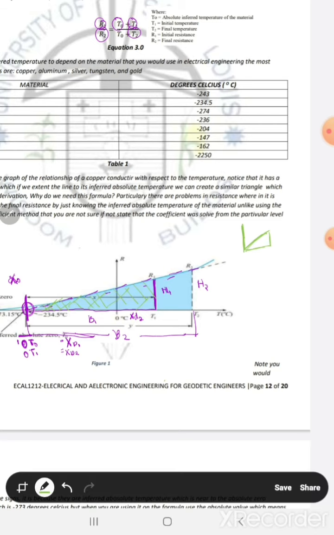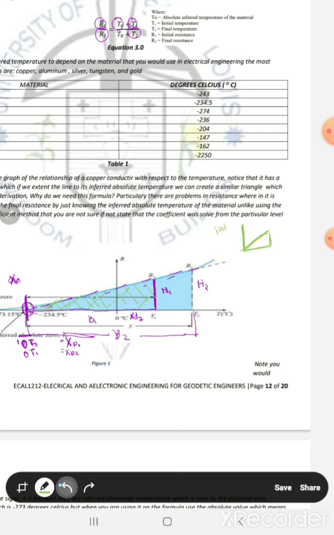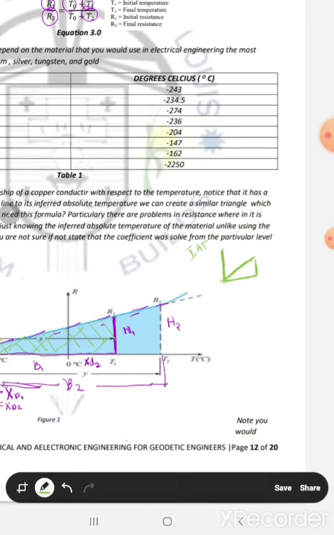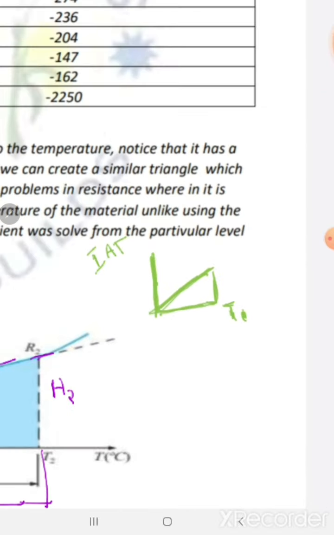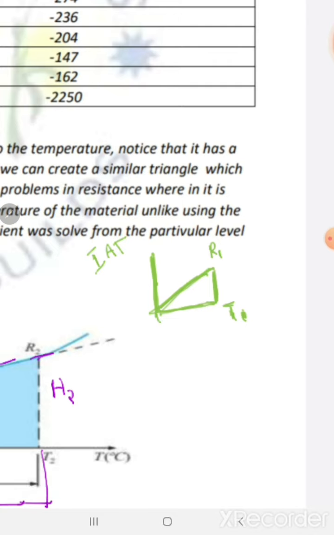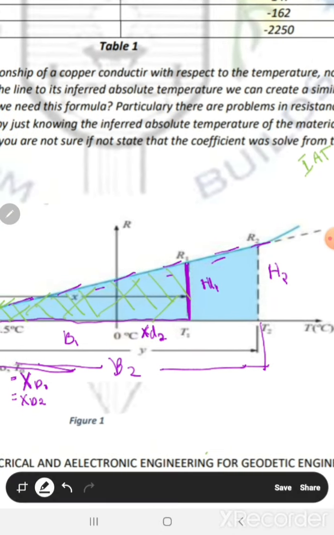This is your inferred absolute temperature, IAT, which stands for inferred absolute temperature, going to your T1. So at my T1 or at my R1, the length is equal to this one, your base 1,